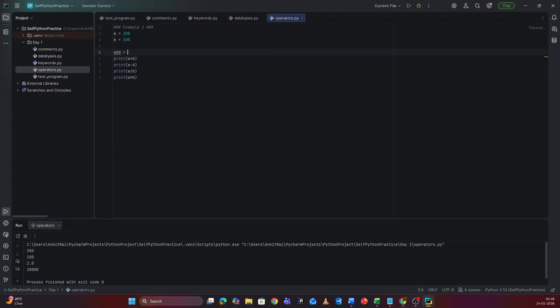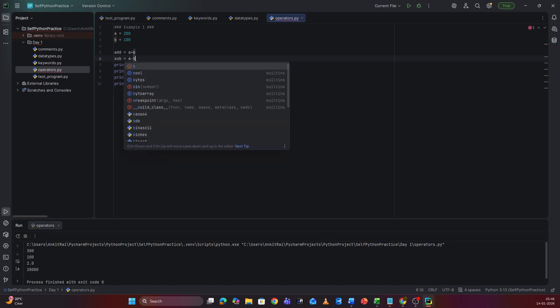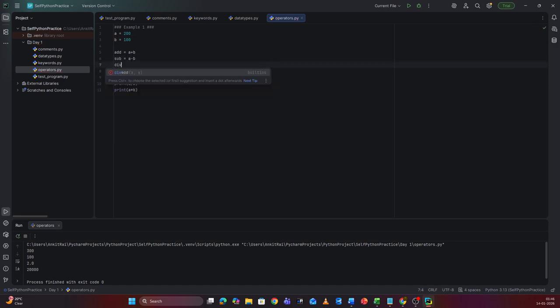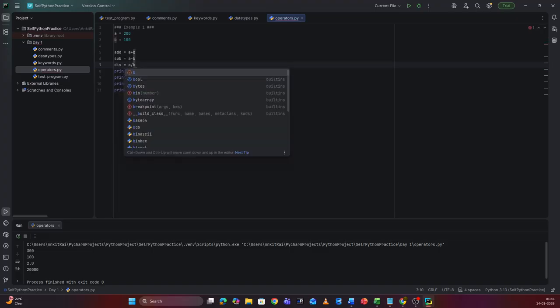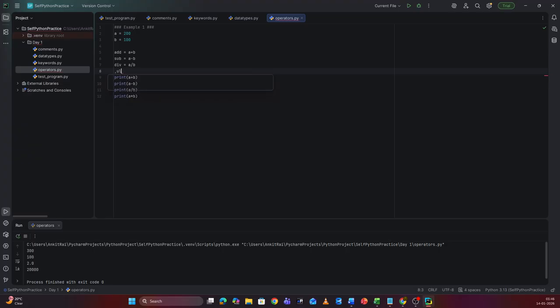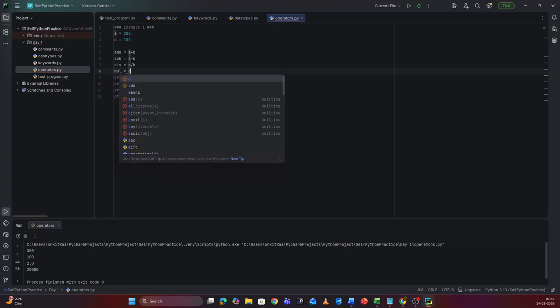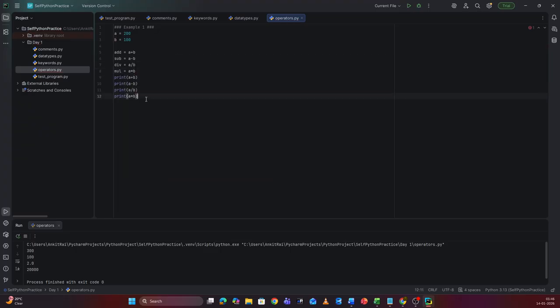Let us make this simple, no need to make it complex. A plus B, subtraction as A minus B, division as A divided by B, multiplication as A star B. Okay, and we are going to use a single print statement to print all this